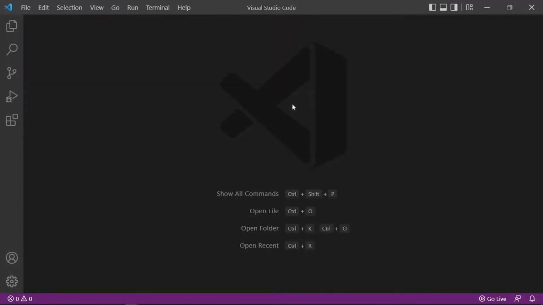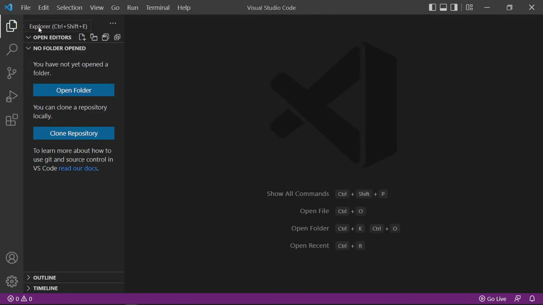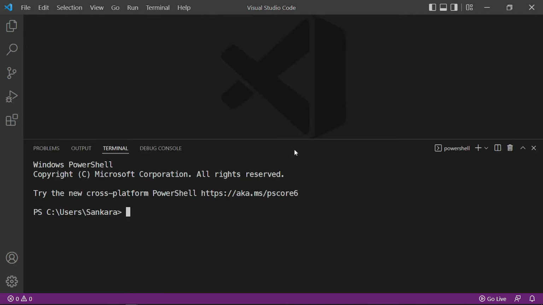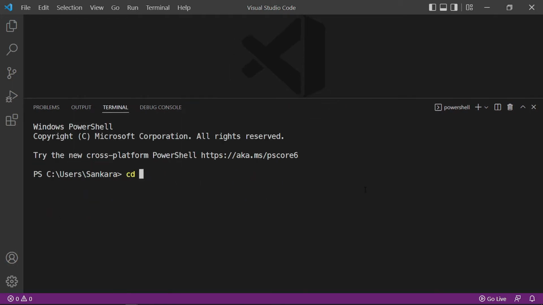So what I've done is I've opened up a new instance of Visual Studio Code, and you can see that nothing is open currently. So what I'm going to do is I'm going to open up my terminal using Ctrl and J, and then inside my terminal, I'm going to cd into my desktop and into a folder called FM Challenges. And then inside this folder, I'm going to create a new React application. So I'm going to say npx create-react-app. I can type. And then I'm going to call this app